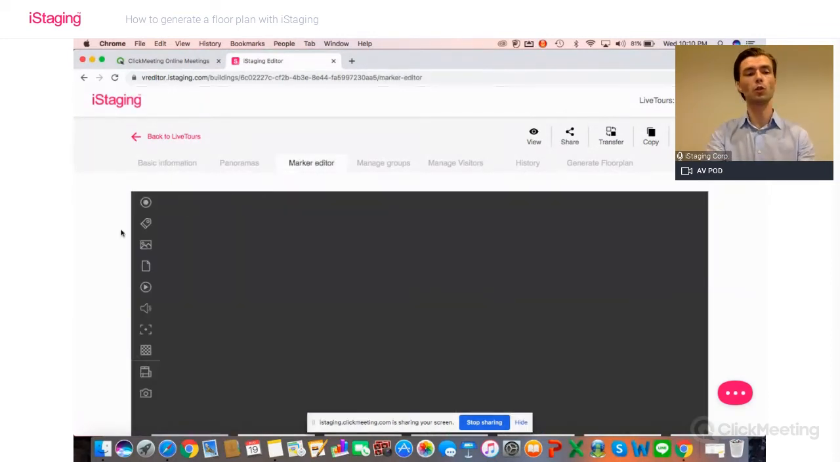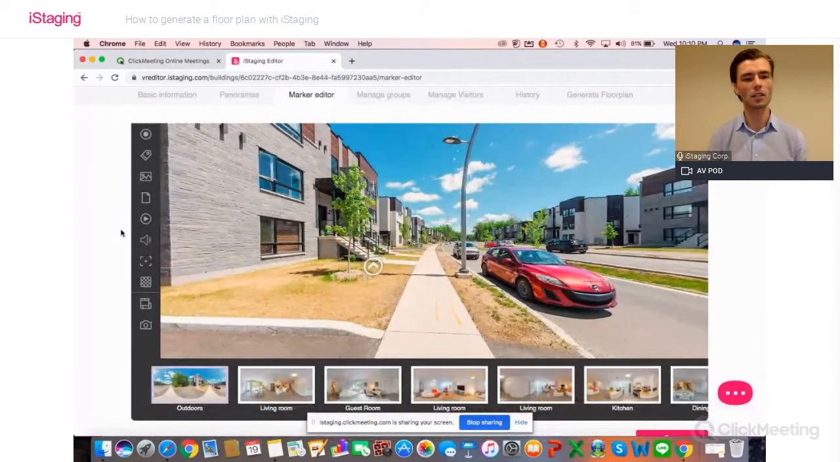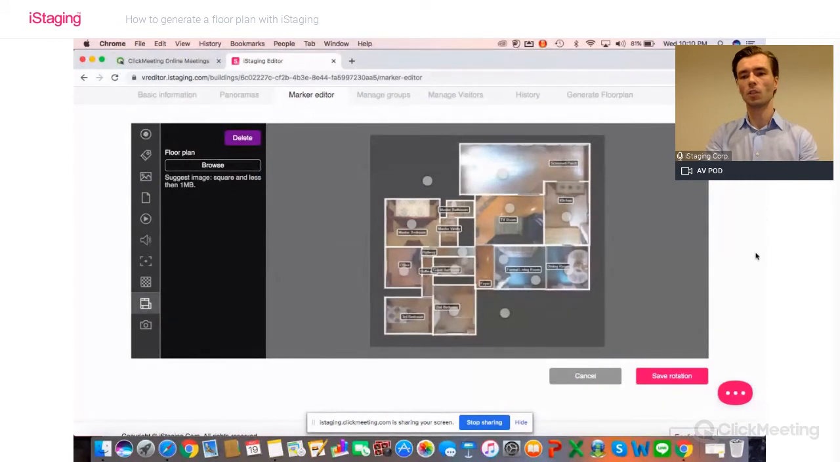Marker Editor is where you do any editing of hotspots. But you can also add the floor plan. So you go to that icon here, the floor plan icon in the left corner. And when I click on that, you will see this screen. Now I've already uploaded a floor plan, the 2D view in this case, but usually it will be empty. All you need to do is click on Browse, select your floor plan, and it will be